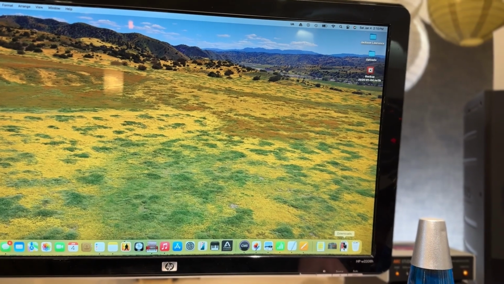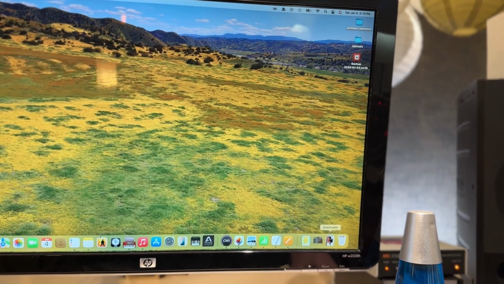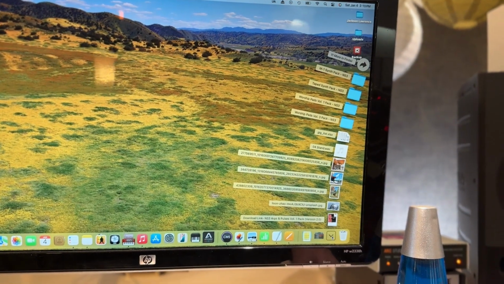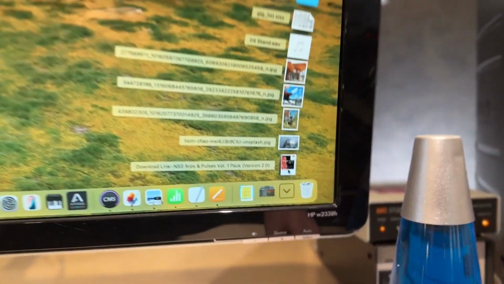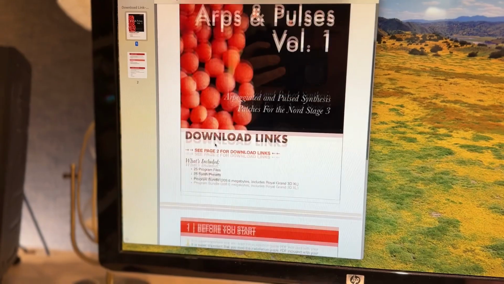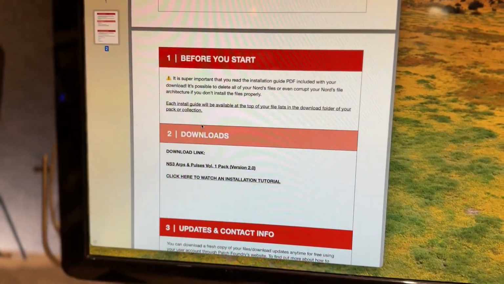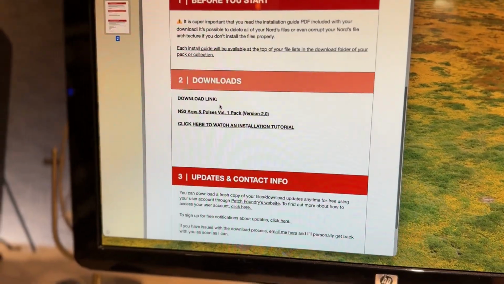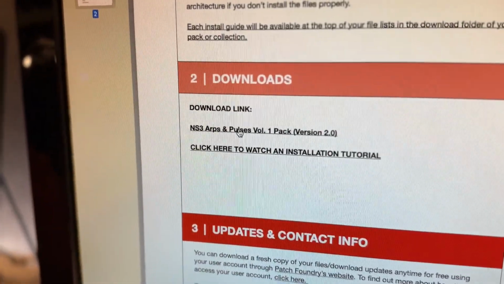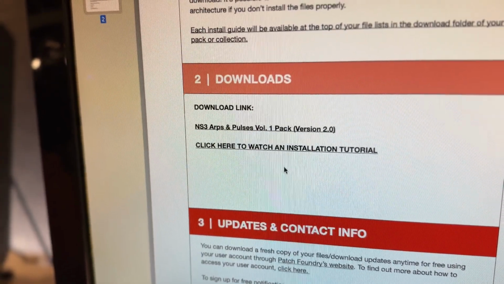Next, you're going to need to find the download link that you got when you purchased the product. It's an automatic download and will happen instantly after payment. Just go to your downloads folder, click on it here, and it should be a standard PDF file. It will list what's in the pack, and then it'll tell you a few things to get started with before you start, and then you'll have the link for the download here,